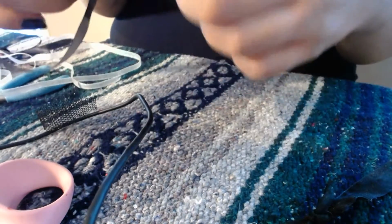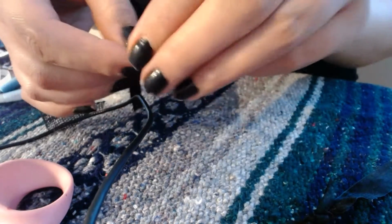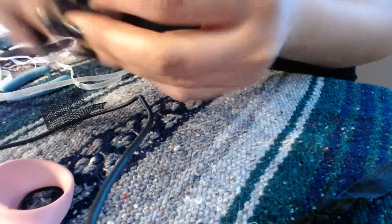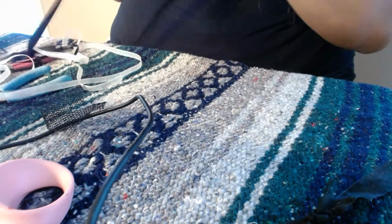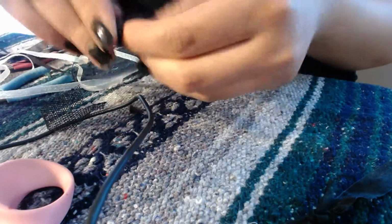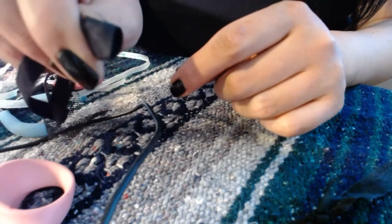and fold it like this, in half, and then roll it. Well, I already rolled one up, but you get the hint. You roll it up. I guess I'll do it. Yeah, I'll show you guys. I'm rolling it up. Sorry if you can't see what I'm doing. See, you roll it up